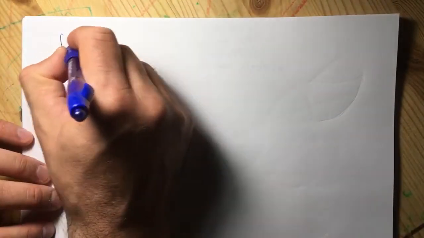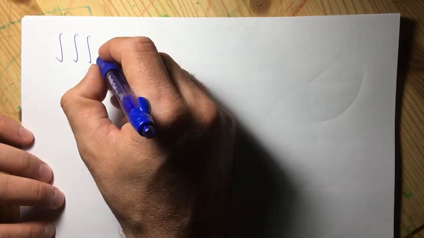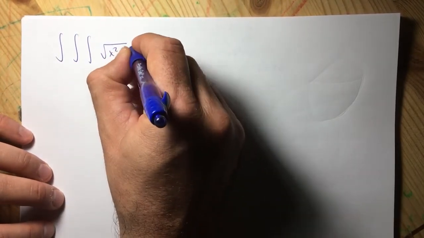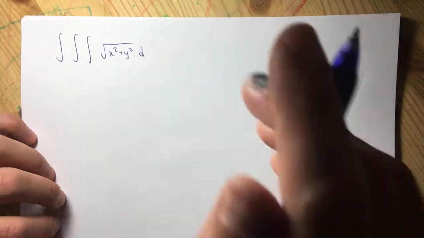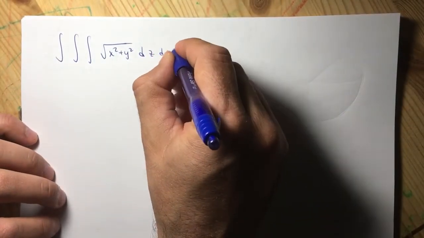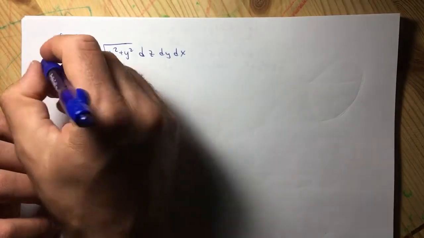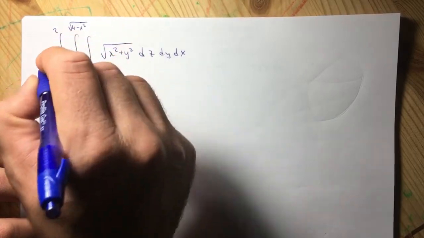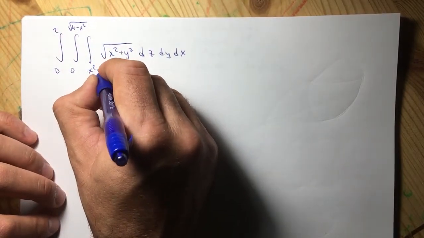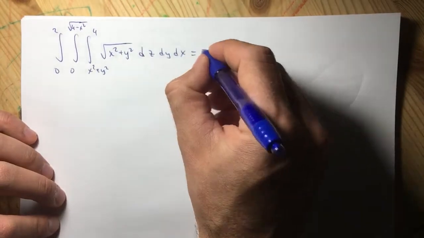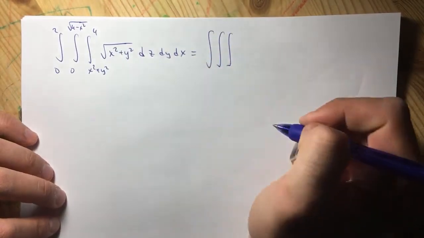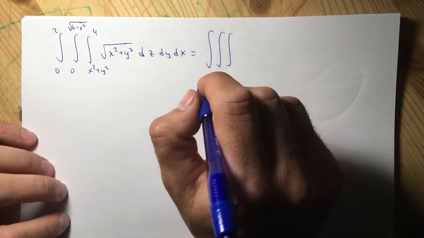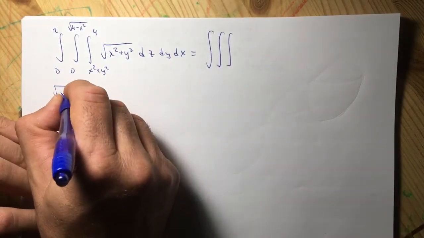So part C, setting up the integral of square root of x squared plus y squared dz dy dx, with x from 0 to 2, y from 0 to square root of 4 minus x squared, and z from x squared plus y squared all the way to 4, in spherical coordinates. Okay, now first of all, the easy part, square root of x squared plus y squared